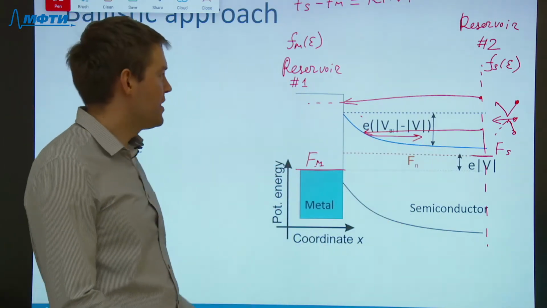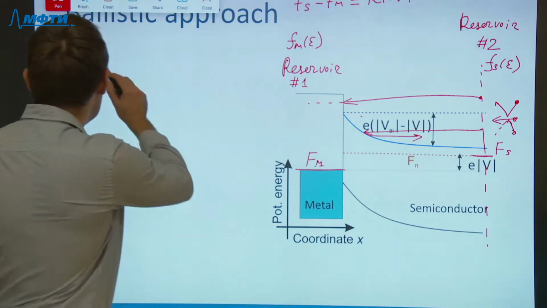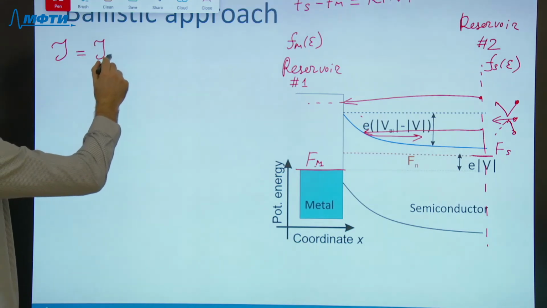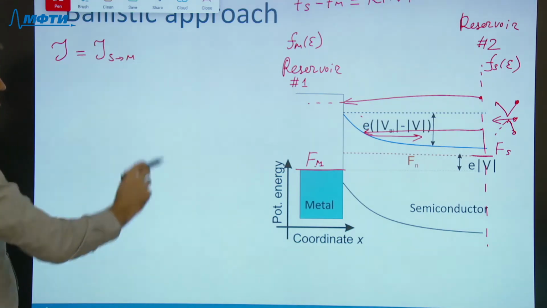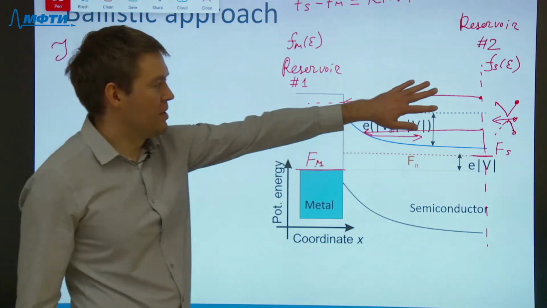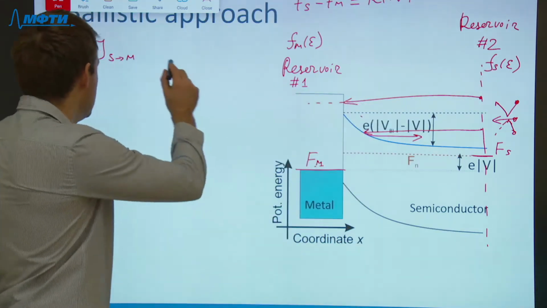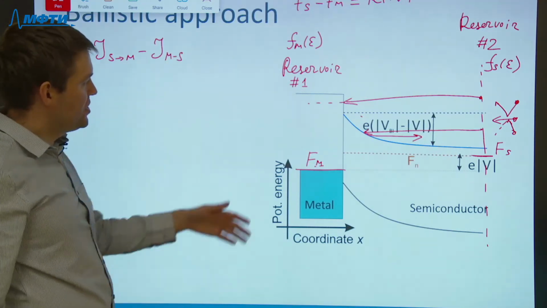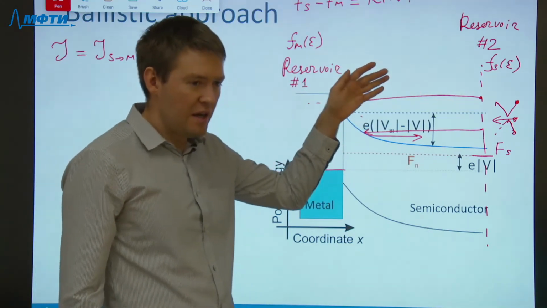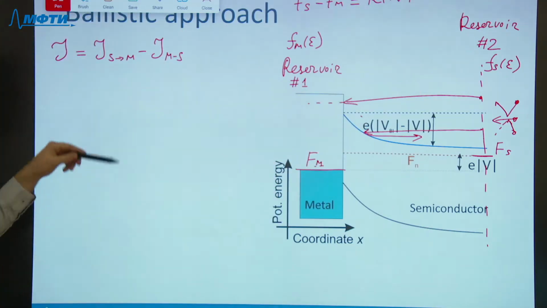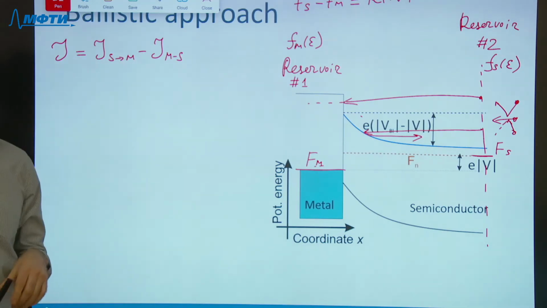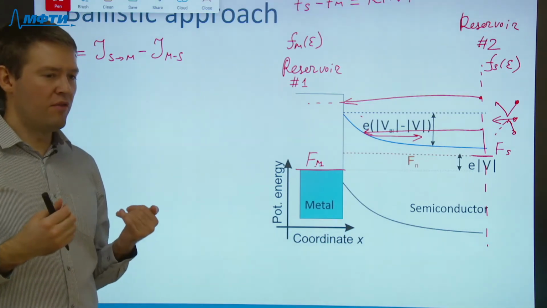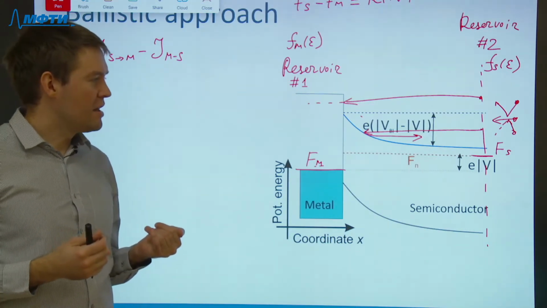So to find the current, we need to calculate the flux flowing from semiconductor to metal supplied by reservoir number 2 and subtract the opposite flux from metal to semiconductor, which is supplied by reservoir number 1. The computational rule for this current is just to calculate the average number of particles in unit time that can